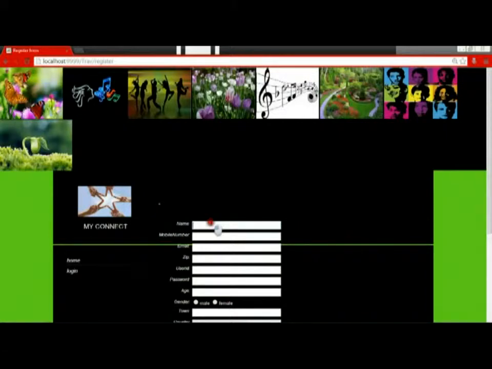Initially we have to click on the registration part, and we have to give our details like name, mobile number, email ID, zip, and other personal details in order to register.